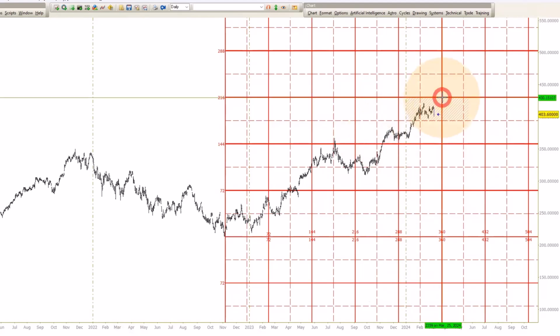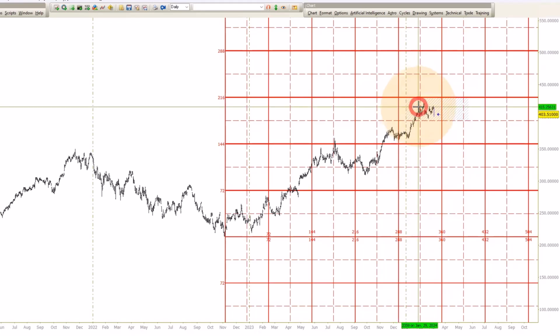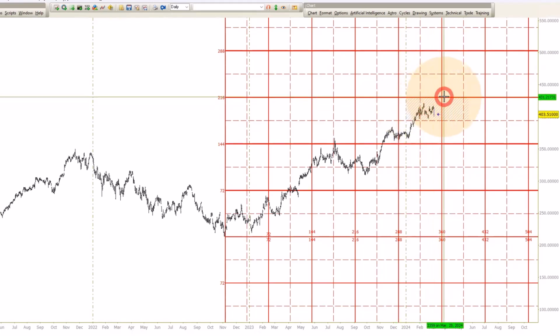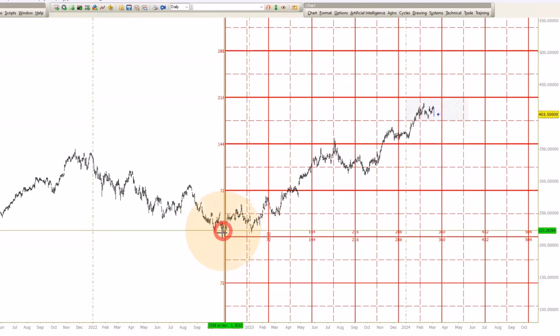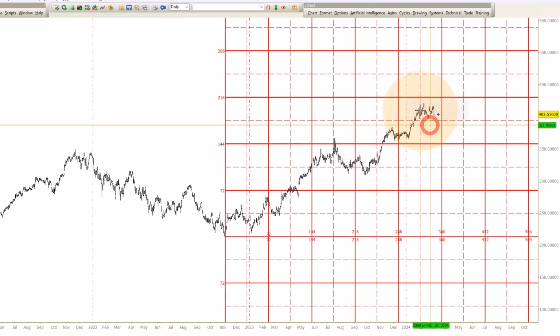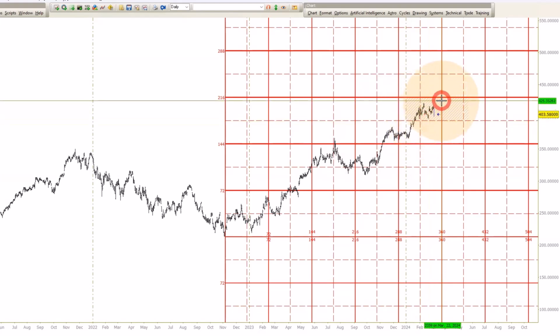Ideally, running up into 430 by the end of the month would be perfect, because that would give us a chance for a bigger false break, hopefully. And Microsoft does this all the time. We had a nice false break at the low, a false break here, and another here, but didn't we go down? We didn't go down. That's what I mean. So it's possible that we run up one more time.